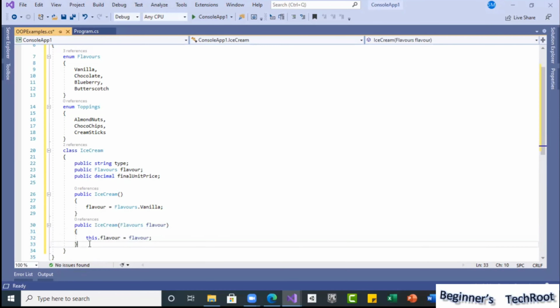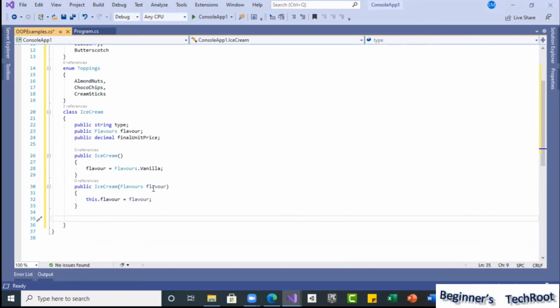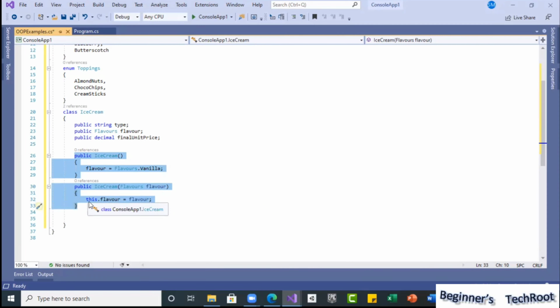So these are the basic fields we defined. Constructors are ready: one constructor without parameter, one constructor with parameter. It is nothing but the constructor overloading concept we are using here. Like the method overloading we discussed as one polymorphism, the same way here is constructor overloading, because the constructor is nothing but a special kind of method that we discussed. So we are using the method overloading concept as a compile time polymorphism concept. So two constructors we have done.